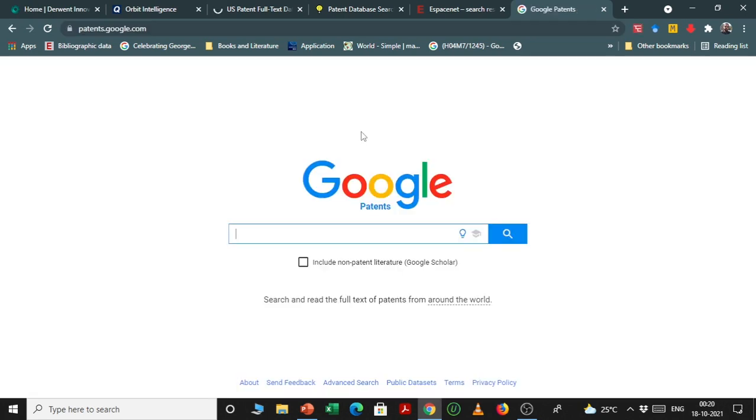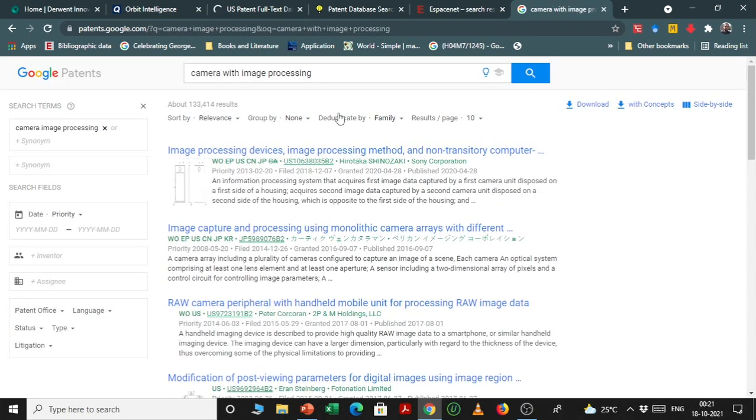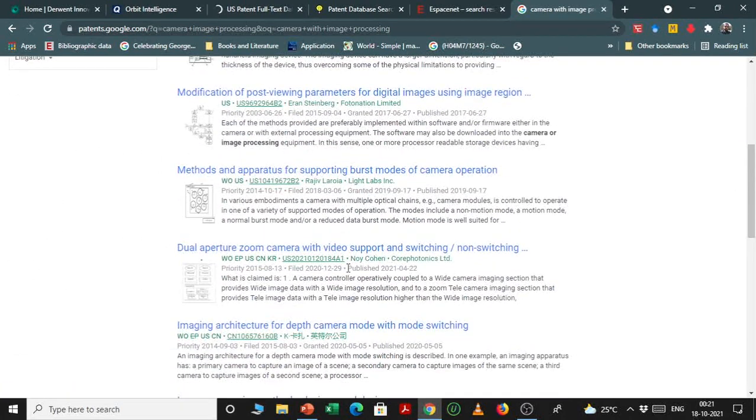So the topic you want to search, basic again. Google Patents is a free tool, and it is an aggregator of patent databases of worldwide regional authorities. So for example, if we have to search a particular topic like camera with image processing, it will give you all of the patents related to that particular topic.